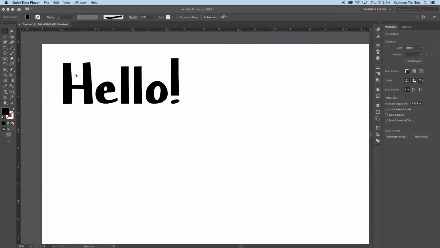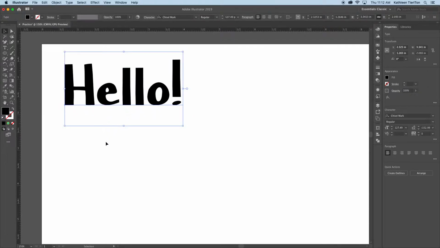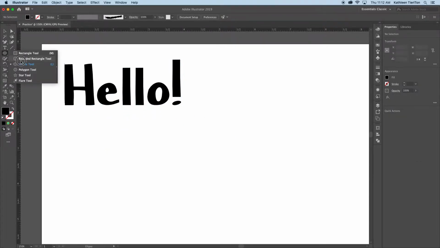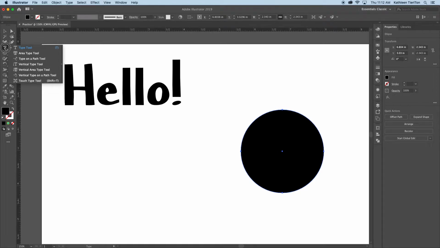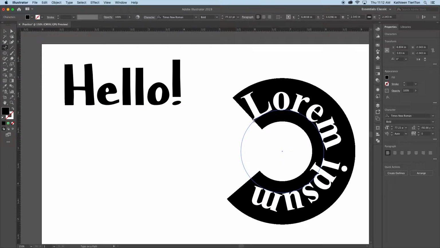A few more things you can do with type is sometimes we want our text to follow a certain shape. So you always want to start with the shape, so I'm going to start with a circle. And then I'm going to go to my type tool, hold it down, and there's a lot of other type tools in here. We want the type on a path, and then I can click right on that path and it puts some kind of placeholder text